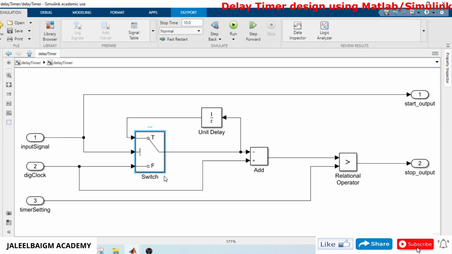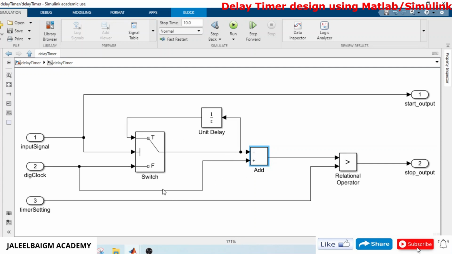The first input is connected to the control of the switch, the digital clock is connected to the false block, and the true block input is connected by using a unit delay as shown here, and the output of the switch block is connected to the subtraction add block which subtracts.